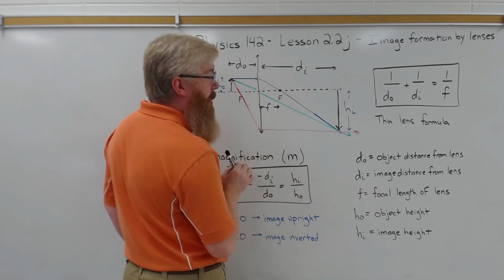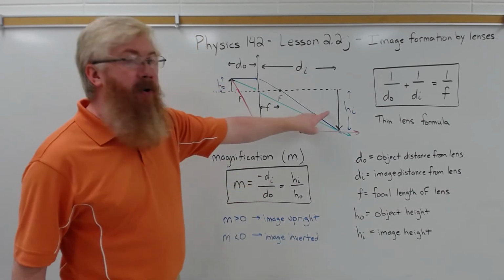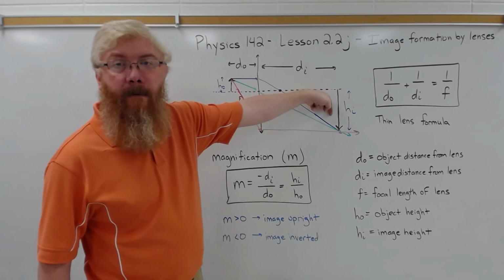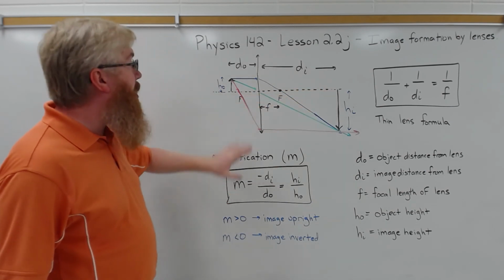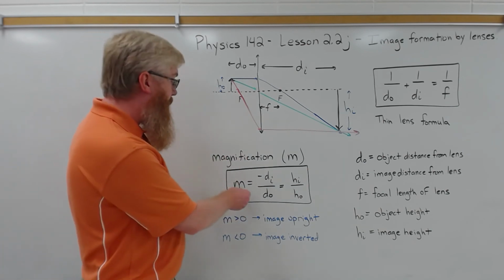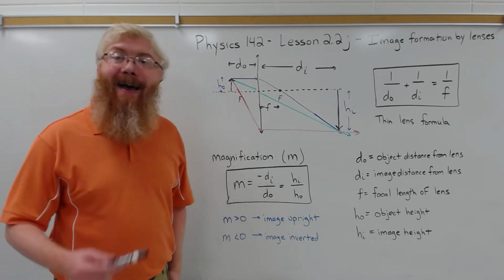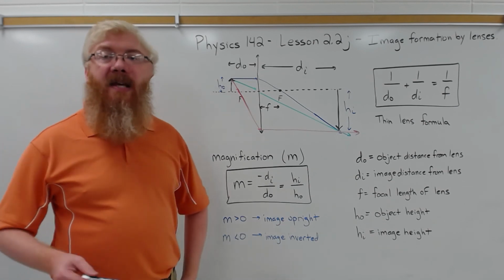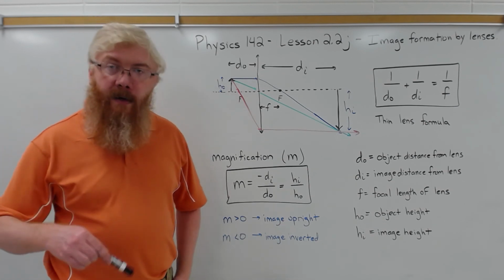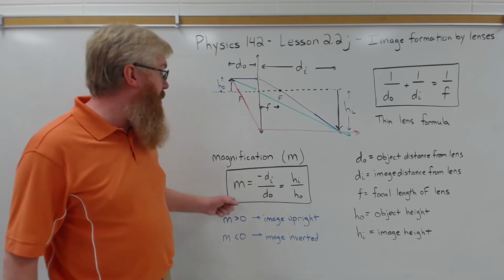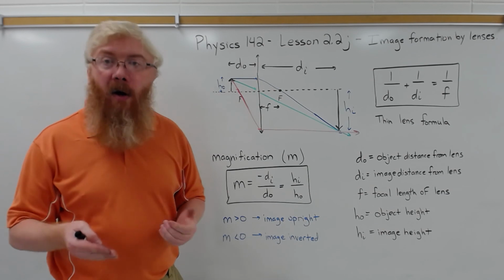So for this example, it's clear to see this is a real image because the rays actually converge here, but see how it's inverted, right? This is an upright object, but the image is upside down. So the magnification I should calculate for this, if I gave you values here and you plugged them in, should be negative. So the value, positive or negative, tells you if the image is upright or inverted. And then the magnitude of the magnification, the absolute value of the magnification, tells you how much bigger or smaller